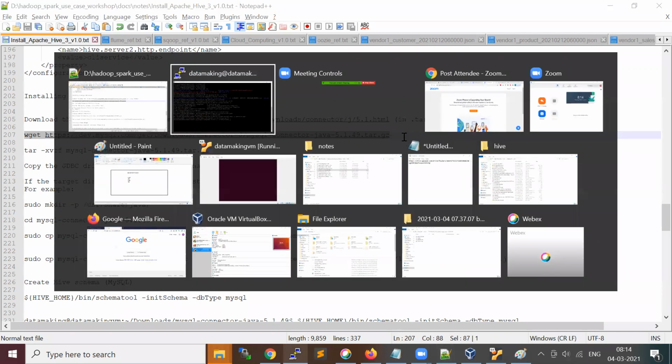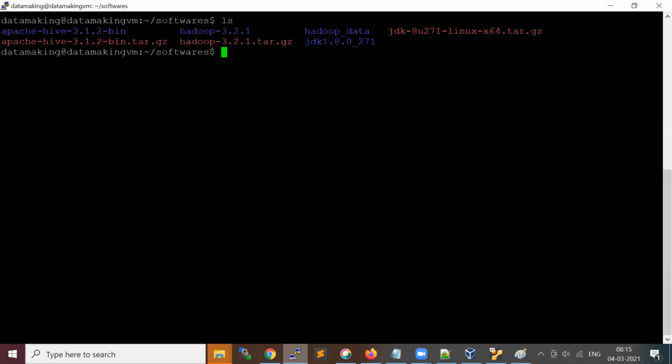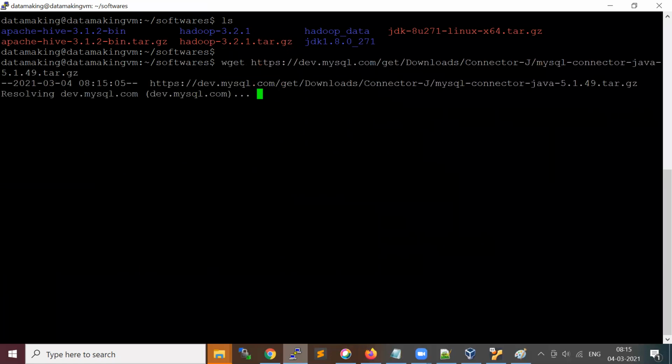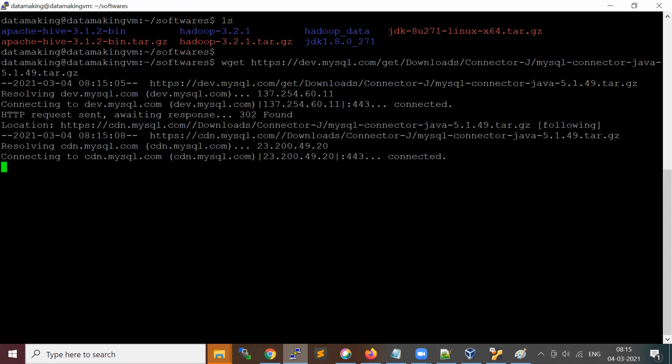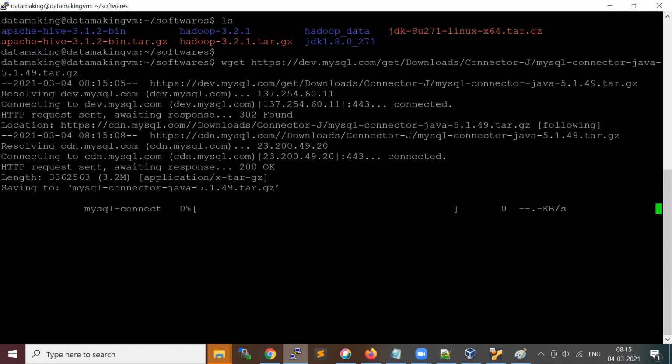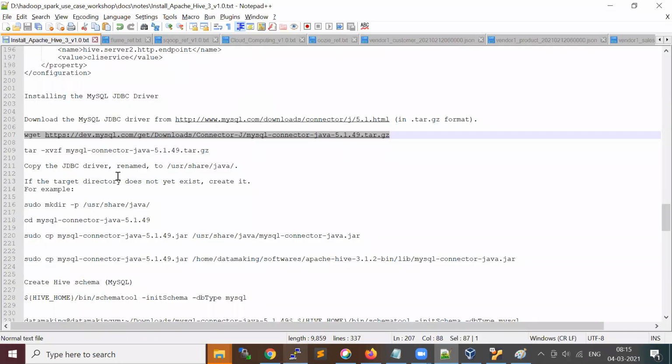I will come out of the software directory, come two steps back to this directory, and download the JDBC jar to this location. This is also a tar.gz file, so you need to extract it. Run this command.